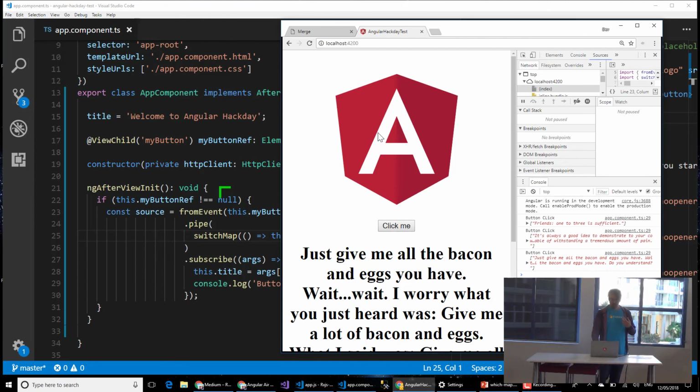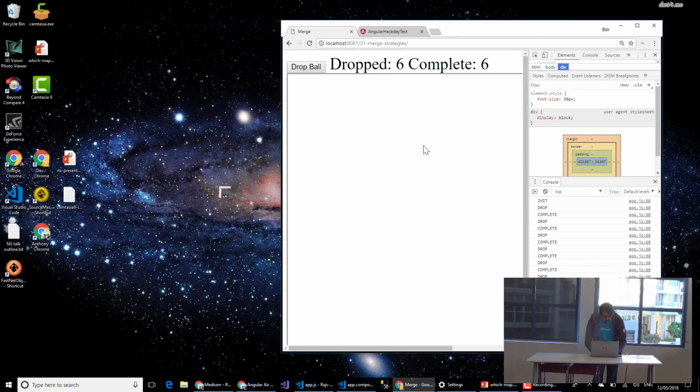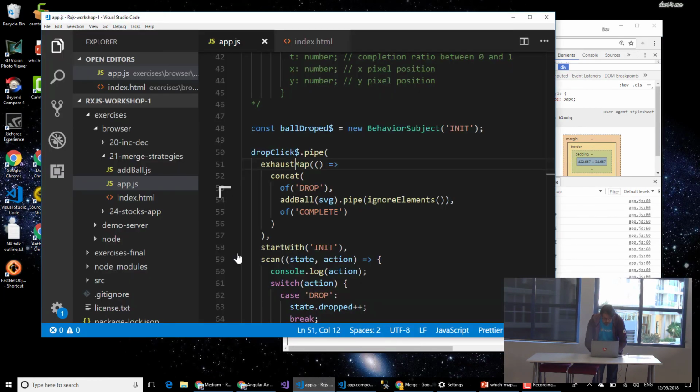To demonstrate this, when I was at NGConf, I attended the RxJS workshop by Ben Lesh. He's basically the guy that wrote RxJS as we see it now in version 5. We get some really cool code, and I'm not going to go into the specifics of this, but if we look at the operator switchMap,